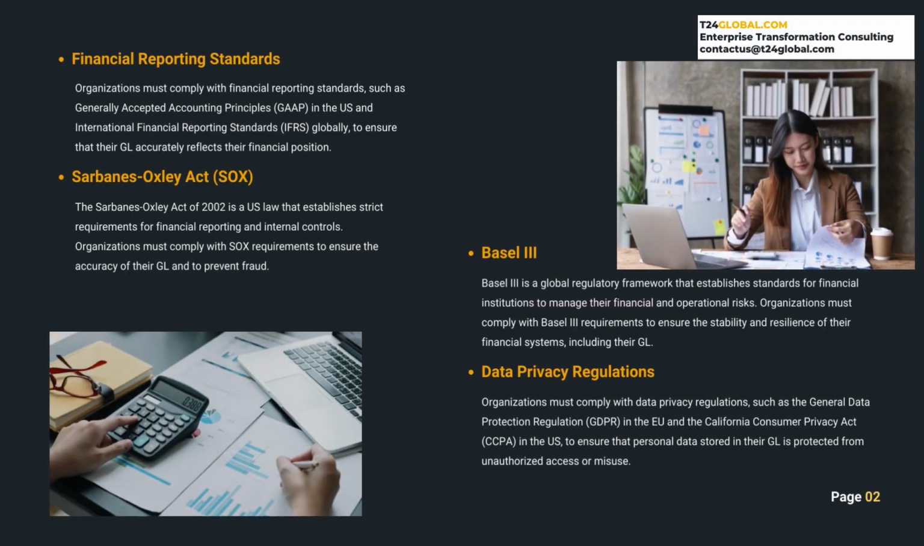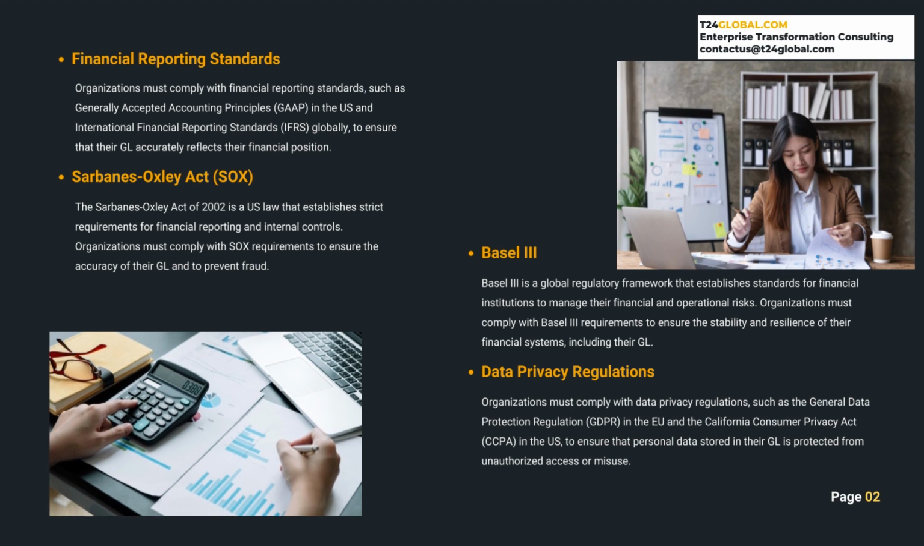1. Financial reporting standards. Organizations must comply with financial reporting standards, such as Generally Accepted Accounting Principles, that is GAAP, in the US, and International Financial Reporting Standards, that is IFRS, globally, to ensure that their GL accurately reflects their financial position. Non-compliance with financial reporting standards can result in legal liabilities, such as fines and penalties. For example, in 2016, Toshiba was fined $63 million for overstating profits by $1.2 billion over a period of several